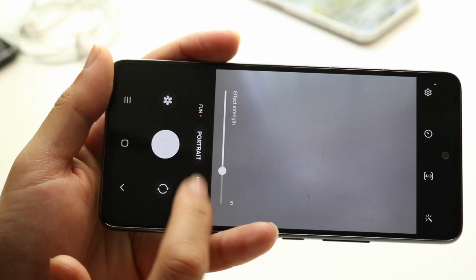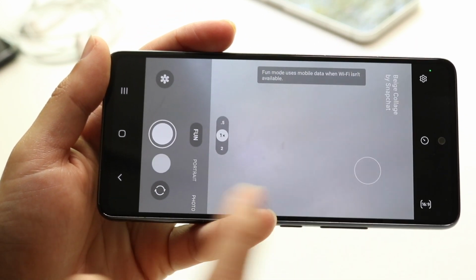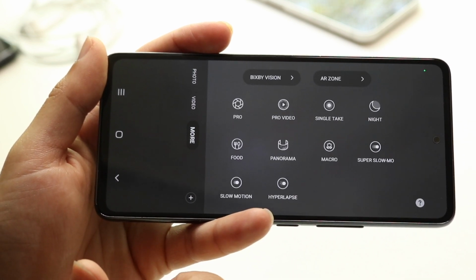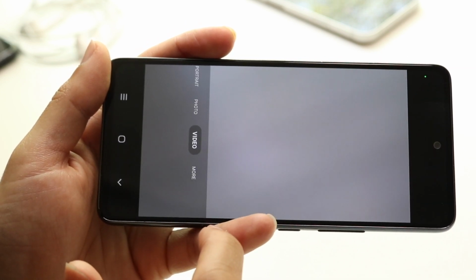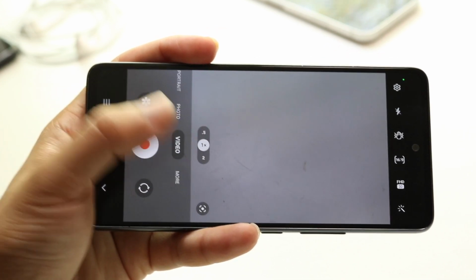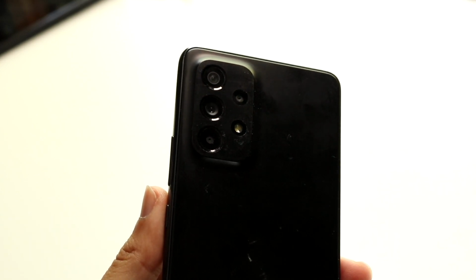32 megapixel front-facing camera, and I will tell you, it's not really even that bad of a camera setup. It's actually quite decent. You're not getting 4K at 60 on the front and the back, you're getting 4K at 30 on the front and the back, which in and of itself, again, can kind of be a little bit of an annoying thing for some people out there, including myself, but it gets the job done. I think that's the best way to describe this camera. There's still a few features built in,